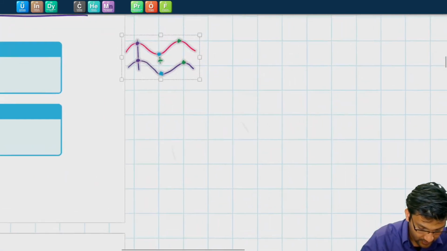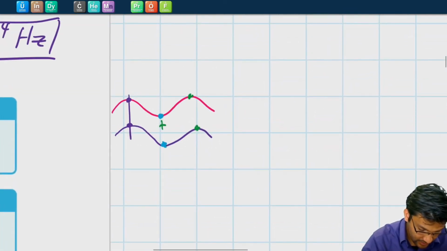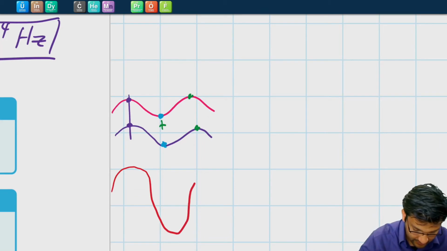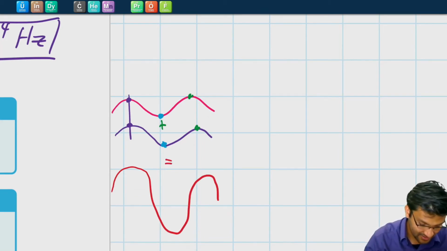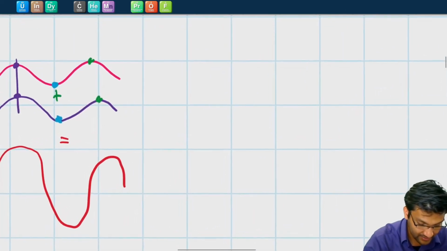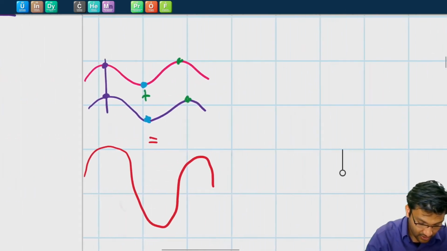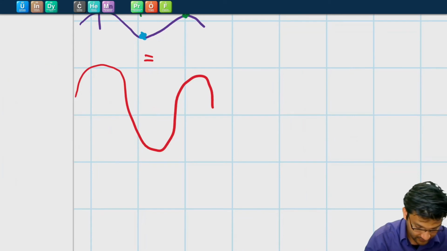Okay. So they add up to create a bigger crest where the crests meet and bigger troughs where the troughs meet. Sort of like that. My drawing is not very good, but I hope you get the idea. This is called constructive